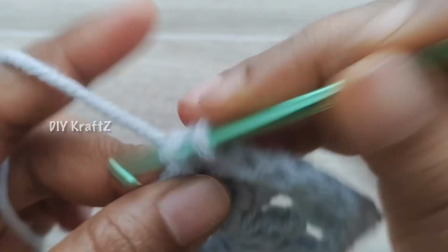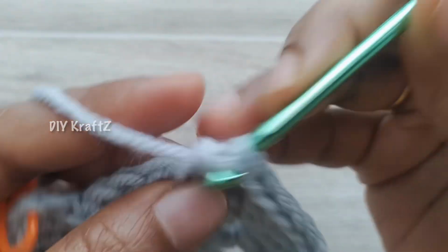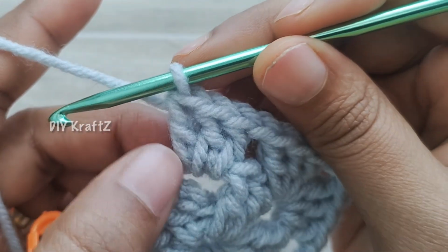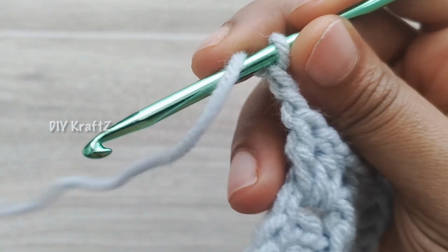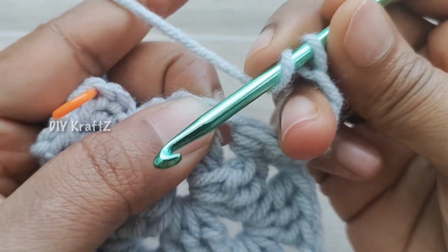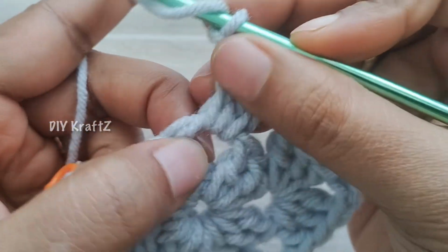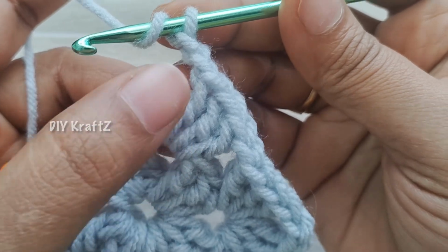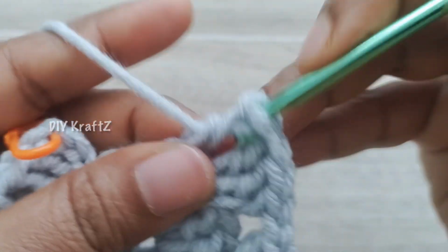So here the stitches in between the two corners will have a chain 1 space and the stitches in the corners will have a chain 2 space. So here we have chain 3, DC, chain 2 and 3 DCs in the corners. Squeeze the stitches so that you can accommodate all the 6 stitches. So we have 3 DC, chain 2 and now we are going to make the last 3 DC for the